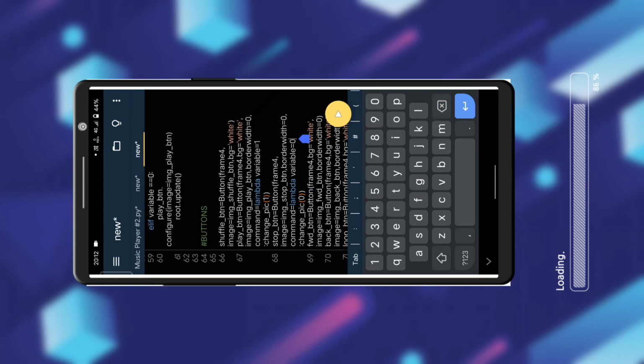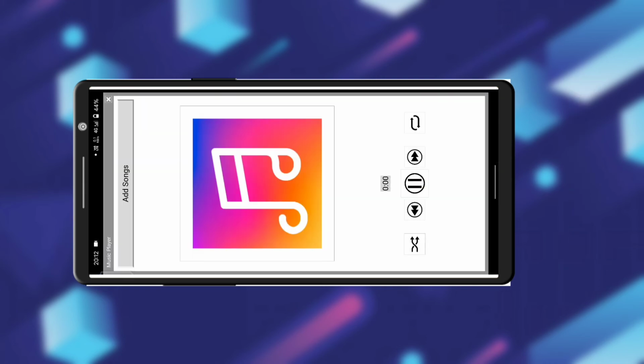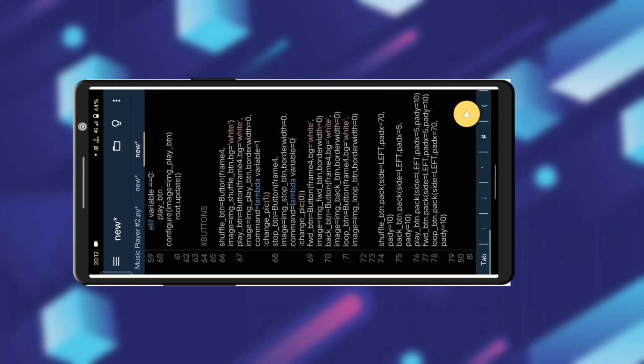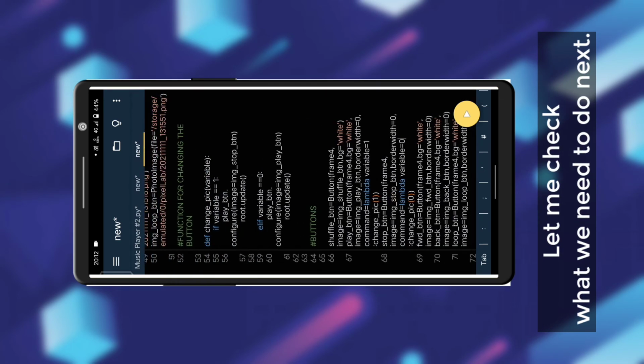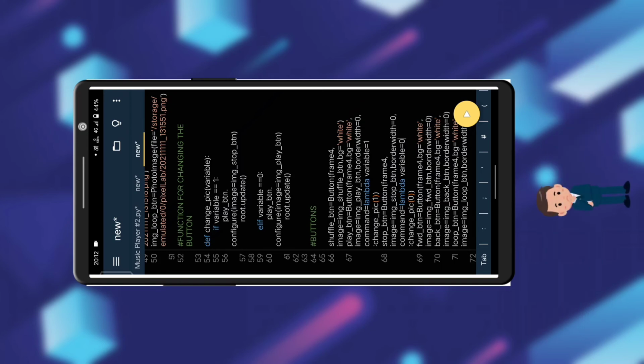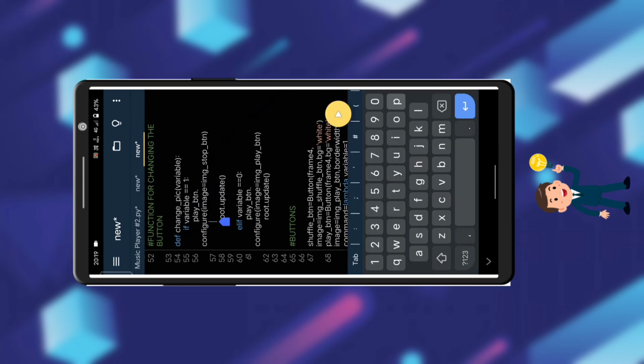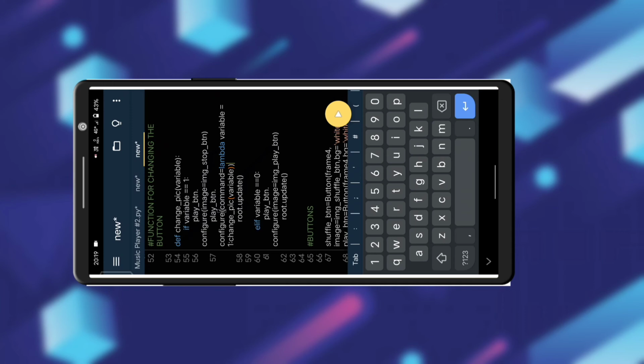So now let's run and check whether it is working or we have to do some more changes. Okay, but we need to do some more changes because it is changing only once. So guys, I have an idea. We will change the value of the variable after this if statement. So let me paste it, and now you can see that the variable value is 1.